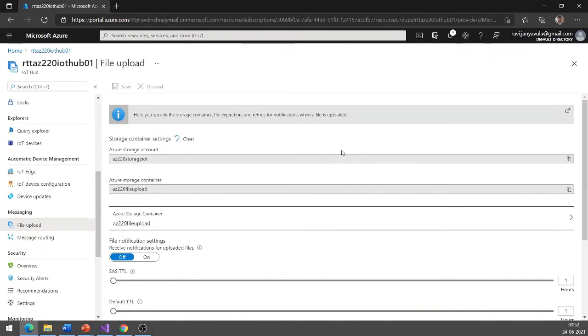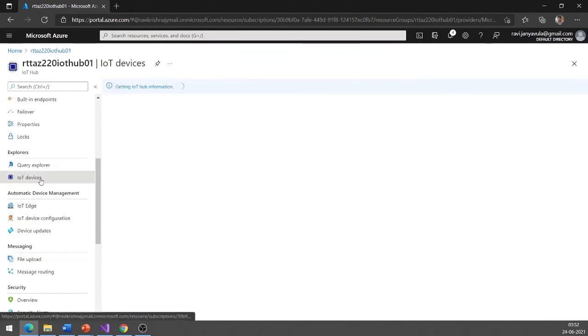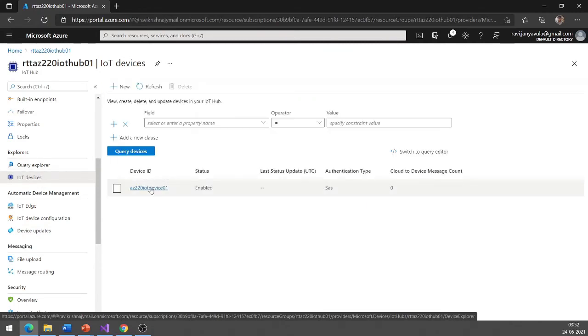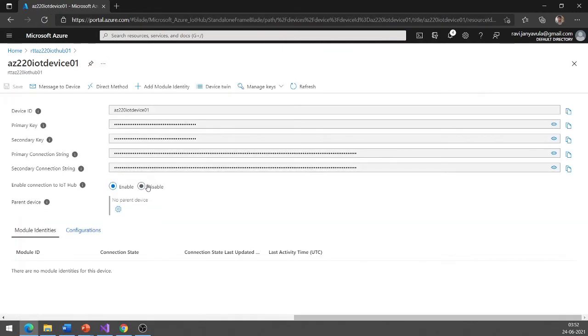Now that the file upload configuration is saved successfully, let me go to IoT devices and select any of the existing devices and take the primary connection string from here. Better to take the primary connection string. From this device, we'll be uploading the file. That's the reason why we are collecting this primary connection string.